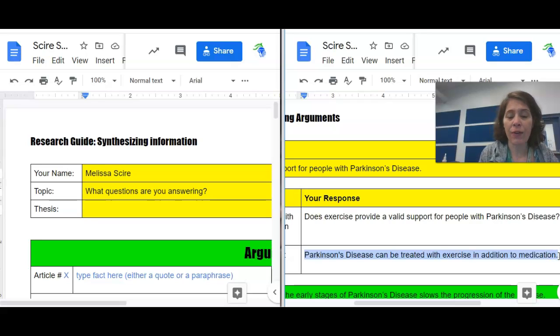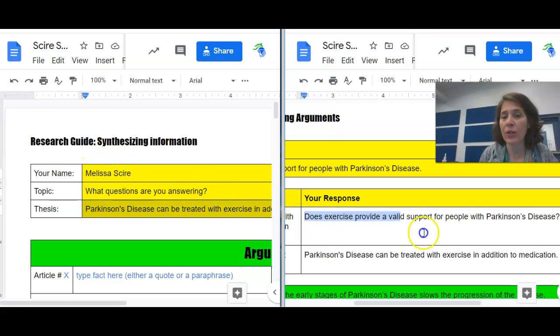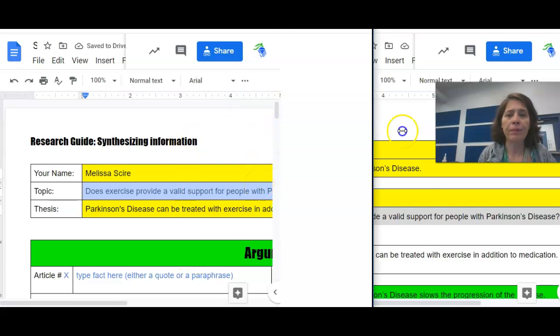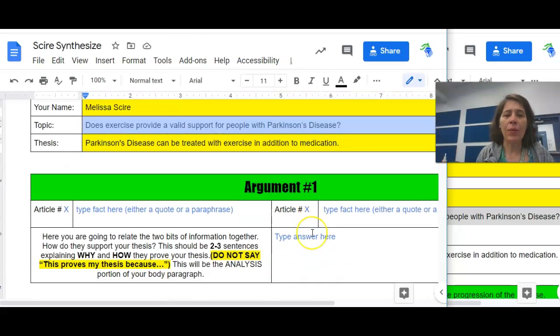And if my teacher gave me any suggestions on how to fix that or how to change it, I'm going to go ahead and make those changes, okay? So if you were given feedback about yours and you needed to change it, make sure you do that. So topic, what question are you answering? So here is my question. Does exercise provide valid support for people with Parkinson's disease? I can just copy and paste that over here. This is just so that we always have our focus in front of us while we're working on a document, okay? Now, when we look at this, we see argument 1,